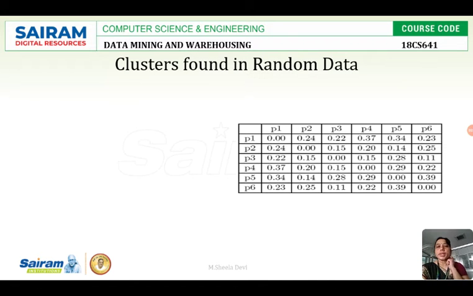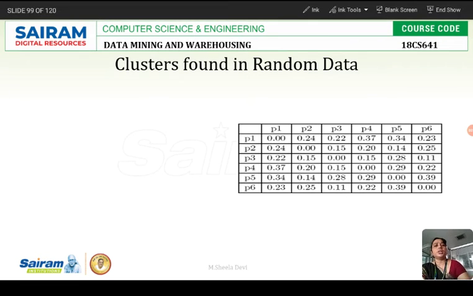So I have taken this example, that is P1, P2, P3, P4, P5, P6. These are the data points I have. Now I have to see which points can be clustered and which points will be the neighbor points. What is the condition we said? See, this is the diagonal, in which the P1 to P1 value will be 0 only, because the distance between P1 and P1 is 0. So if you take the other values like P2 to P1, P3 to P1, the data given in the data set is like this, the distance from one data point to the other.